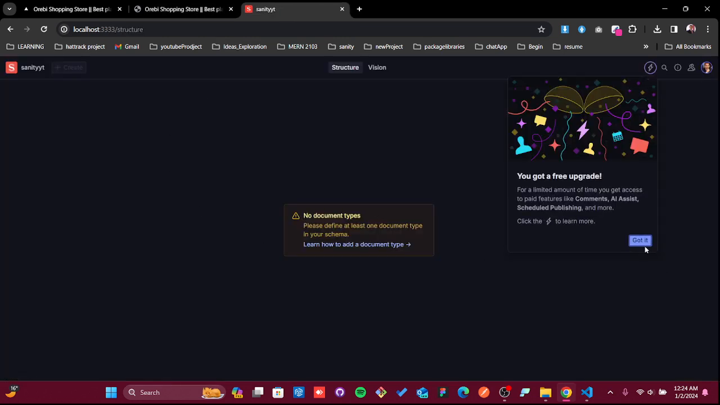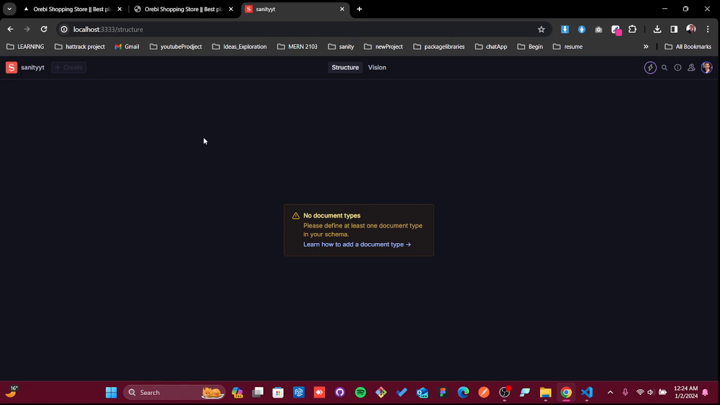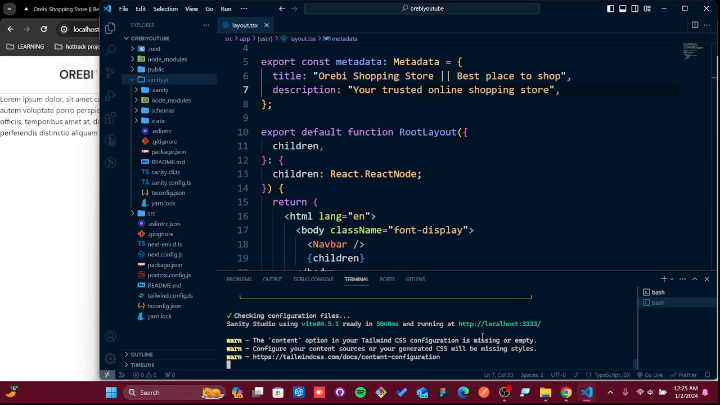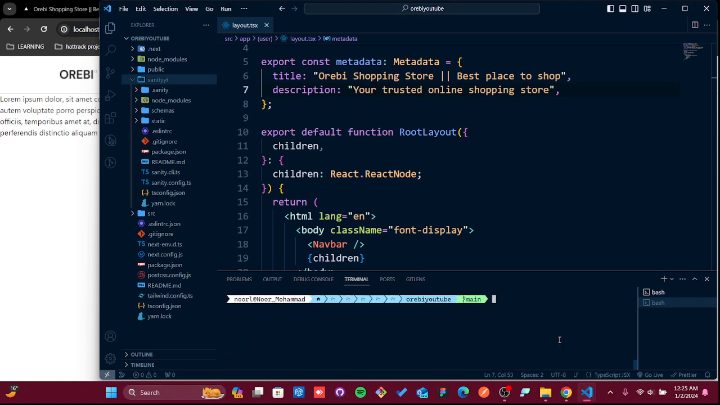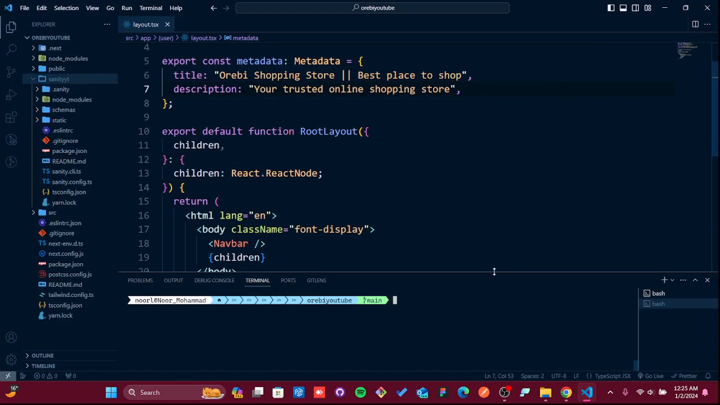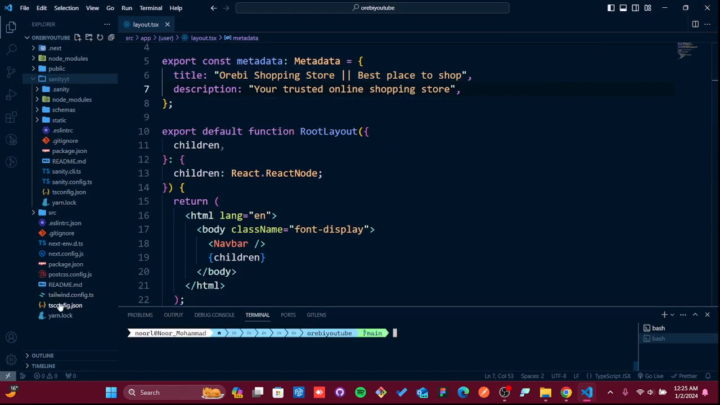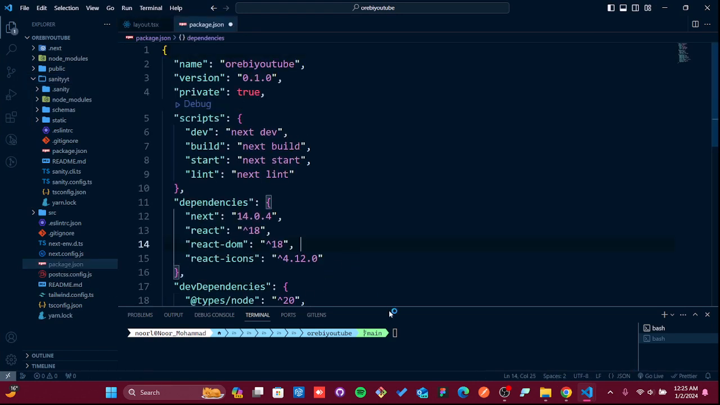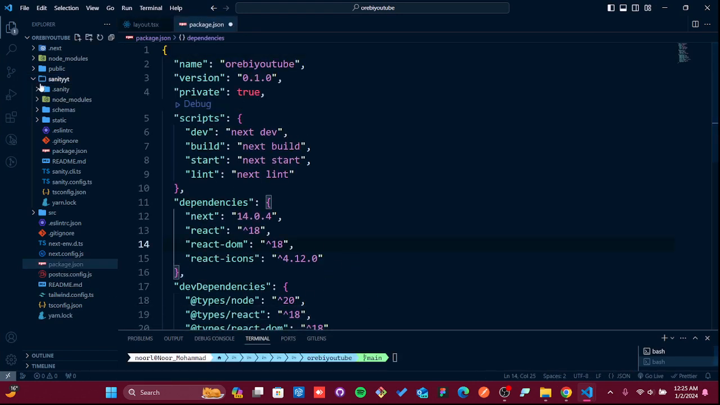Okay, login successful. Now we can see our Sanity structure. Right now we don't have anything, so we will not see any documents here. And for now, we no longer need to run that one. I'm going to go back here because I'm going to delete everything from here. Now, to implement that one perfectly, I'm going to open my project package.json here,